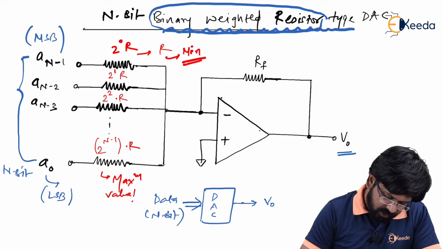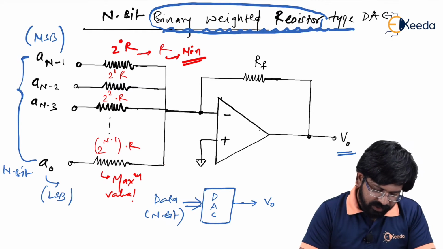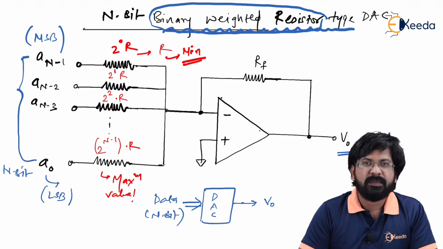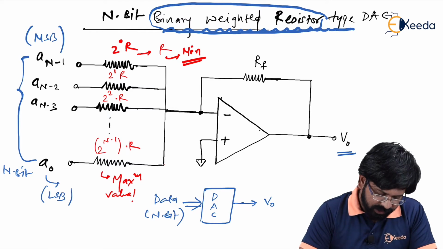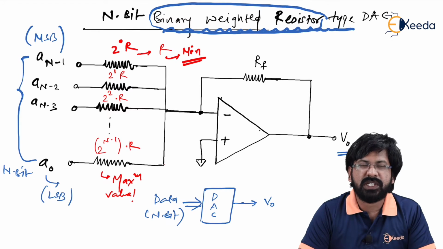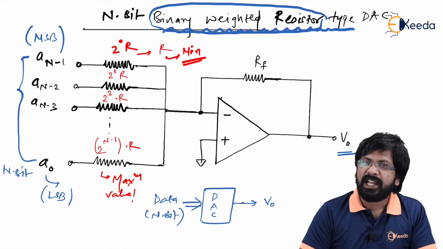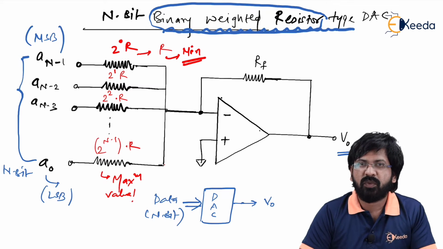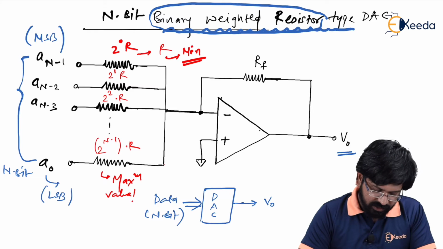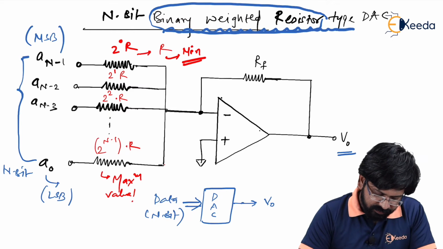So now to study this, what I'll do is, I'll keep only MSB bit equal to 1 and rest of the bits I'll keep at 0. I repeat, what I'm going to do here, I'll keep MSB bit equal to 1 and rest of the bits equal to 0, I'll get some output. After that, I'll keep only LSB equal to 1 and I'll see what output I am supposed to get. So let us start with MSB.